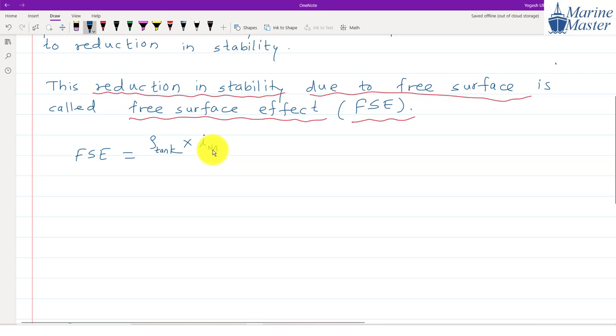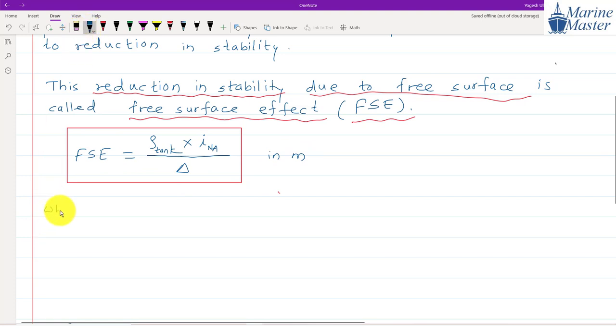I will explain what is the meaning of INA, guys, don't worry, divided by delta. So this is the relation of free surface effect, and free surface effect will be in meters. We will try to understand the meaning of each and every term here. What is the meaning of rho tank, guys? Rho tank means density of liquid